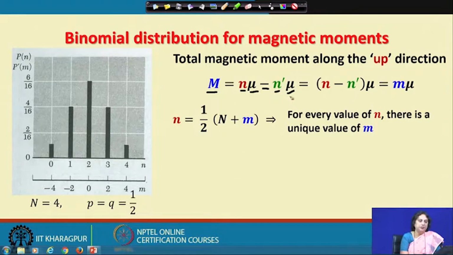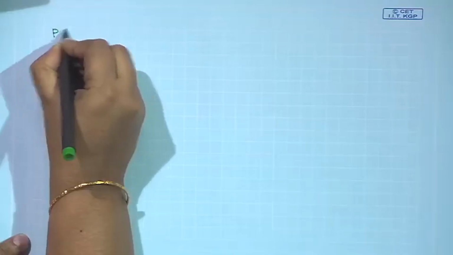So, the total magnetic moment is now given by small m into mu, where mu is the associated magnetic moment for each particle. Now, I already know what P of n is, and P of n is given by